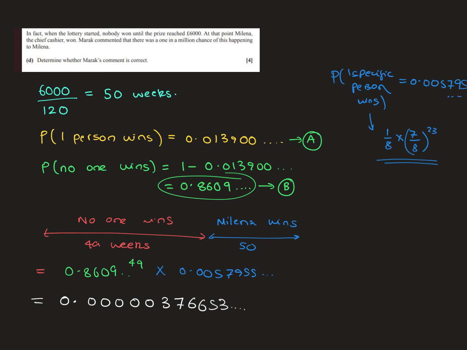And that comes to an overall answer of 0.0000376653... So we want to compare that to 1 in a million, and actually 1 in a million is equal to 0.000001. So this is actually smaller than 1 in a million. So his comment